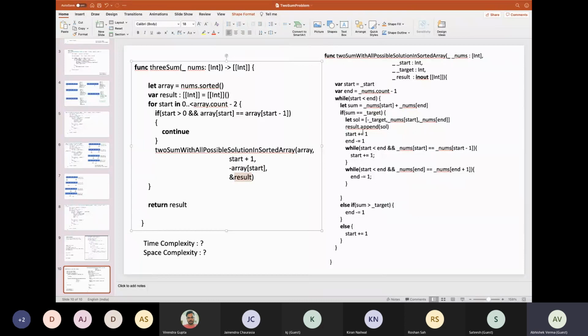That way we will be able to convert this triplet sum problem into a two sum problem. If you have any doubt on this, we can discuss more, because I hadn't created an illustration of this. I didn't get much time, but we can discuss right away if you have any doubt.